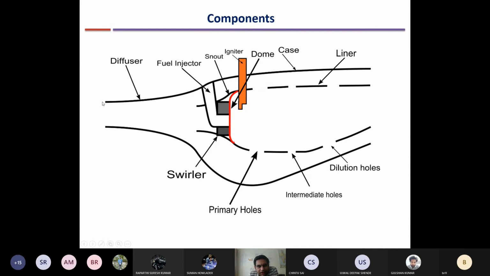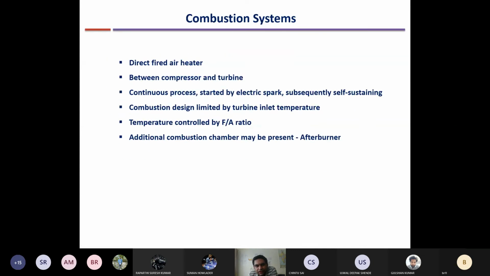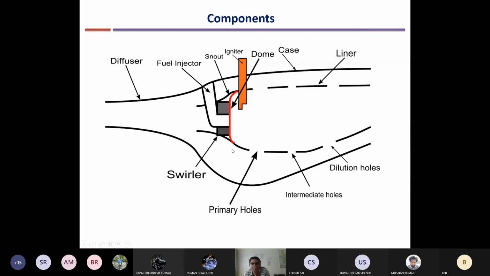So now we come to the important part, which is how the combustion chamber works. At the inlet, the area increases for the combustion chamber. We have not yet discussed this. Let us consider that there are multiple combustion chambers arranged around the periphery of the shaft, and we will consider one of them. The entire flow gets divided into, say, 8 combustion chambers, and we are just looking at one of them here. You have a diffuser section which slows down the flow. The fuel comes from a separate site, known as the fuel injector. There will be a fuel pump which will inject the fuel at high pressure.